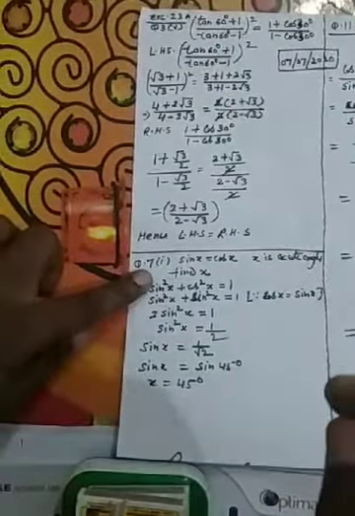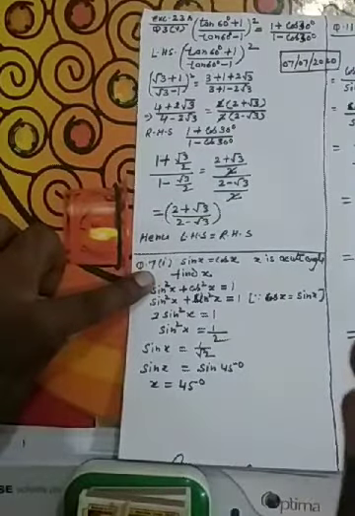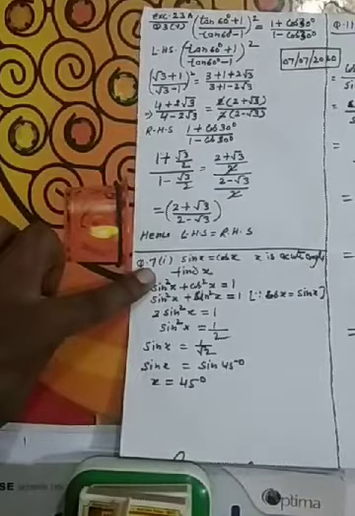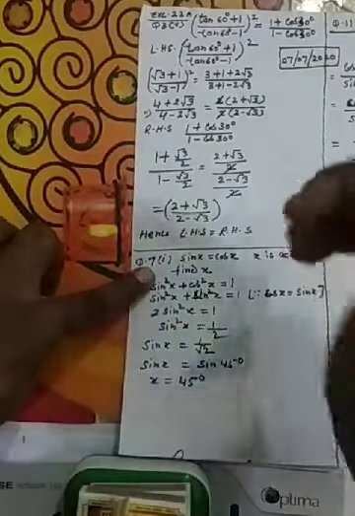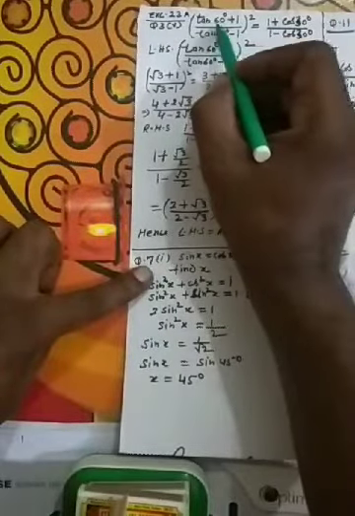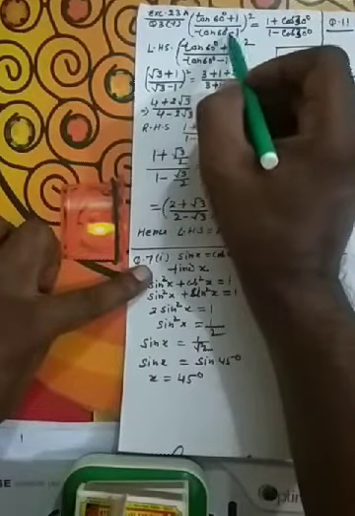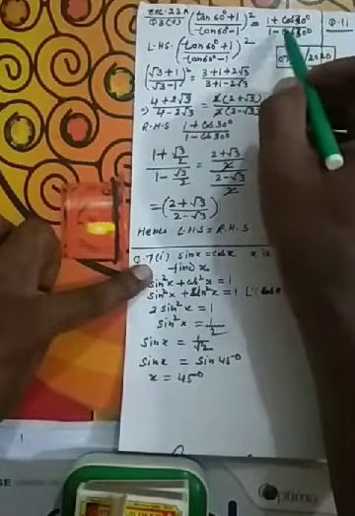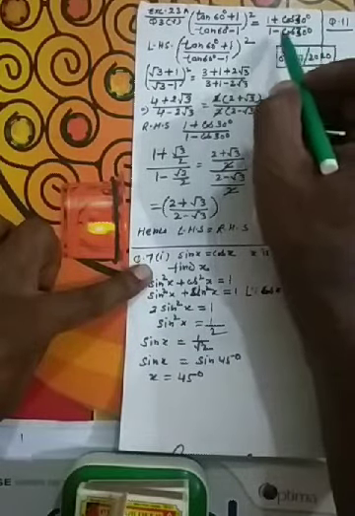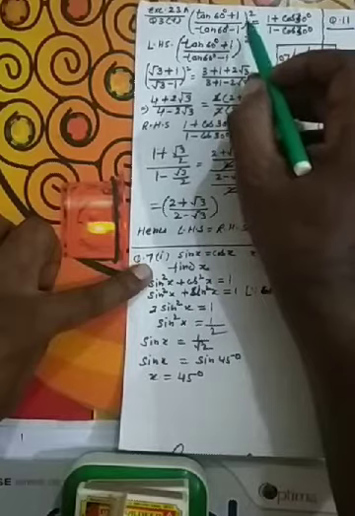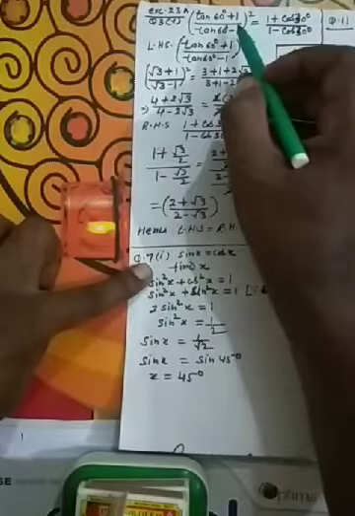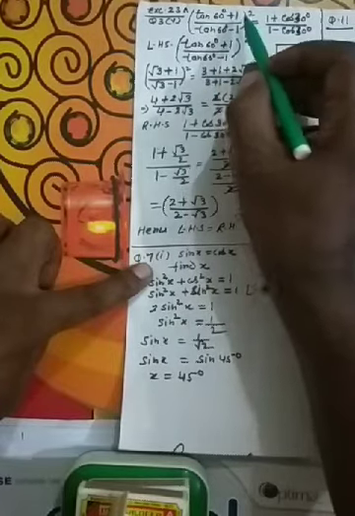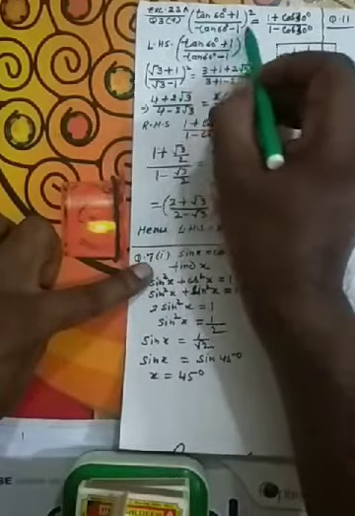Students, in this video I am telling you the solution of question number 3, fifth part, exercise 23a. What we have to do in this question: (tan 60 degree plus 1) upon (tan 60 degree minus 1) whole square is equal to (1 plus cos 30 degree) upon (1 minus cos 30 degree). In proving questions, my suggestion is that you must learn all the angles and their values. So we will take the left hand side.